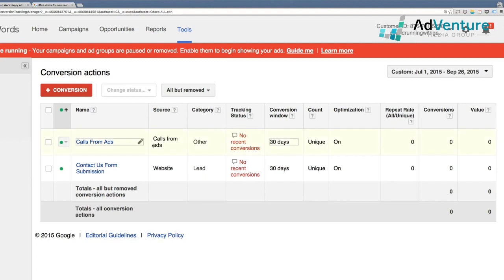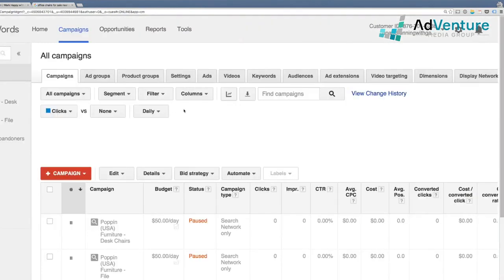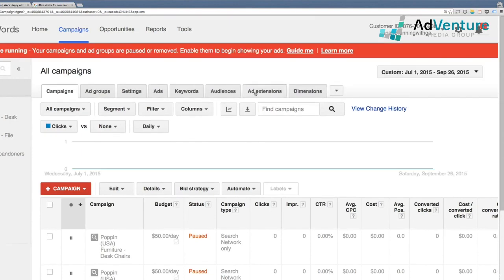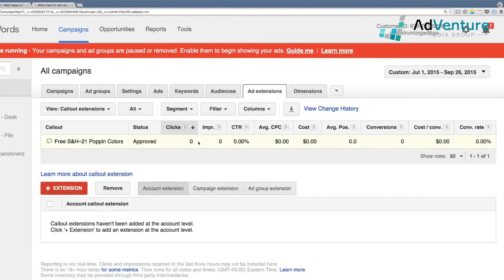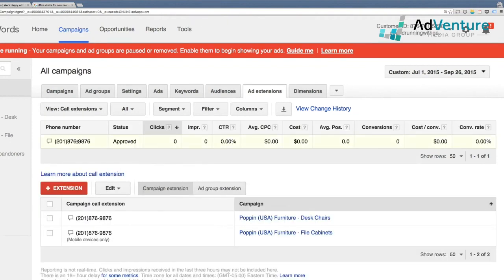So let's go back to our account dashboard, and we'll go over to our campaigns, and we'll go take a look at our ad extensions. To get to our ad extensions, we have to click on the ad extensions tab. And we can do that from the account view, which is reviewing all campaigns, campaign view, or ad group view. I'm going to go to it from the account view, go to our ad extensions, and I want to go and view our call extensions. And we see we have one call extension created,